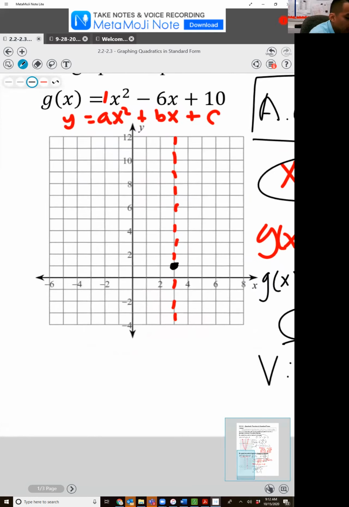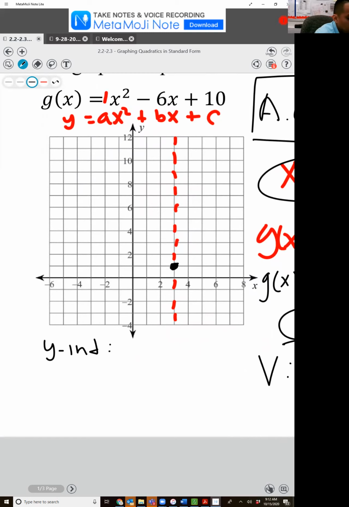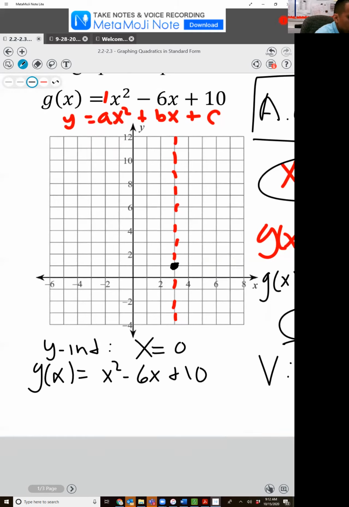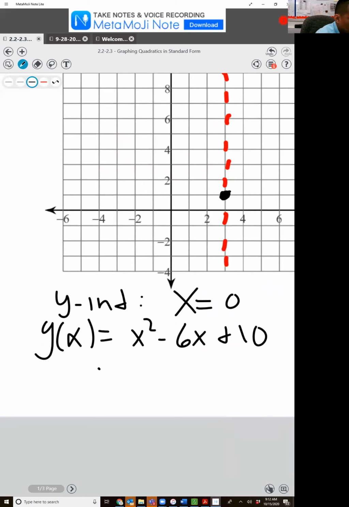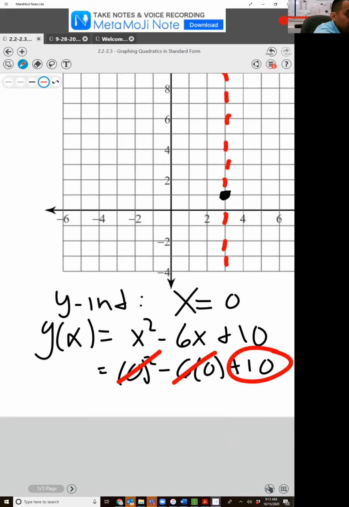If you remember how to find your y-intercept, you should know that you let x equal 0. So you plug in 0 for x, and then you calculate it, and it gives you your y-intercept. So I got g of x equals x squared minus 6x plus 10. And I'm going to go ahead and plug 0 for x. So that's going to give me 0 squared minus 6 times 0 plus 10. I know 0 squared equals 0. Negative 6 times 0 equals 0. So I'm left with 10, which means g of x equals 10, which means that my y-intercept is